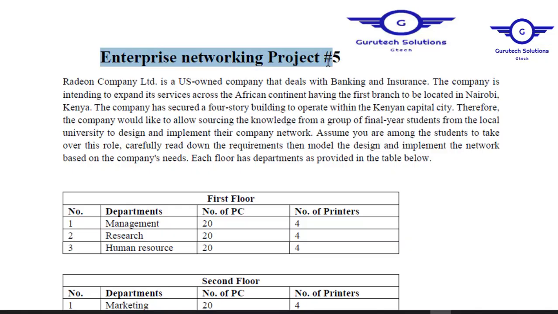Enterprise Networking Project 5. So guys, we always take case studies from students across the world and from other clients also, right? And we analyze the case study, we design a network and implement the network based on the requirements in the case study. So as you can see, we have another problem here that we received from one of the clients, and